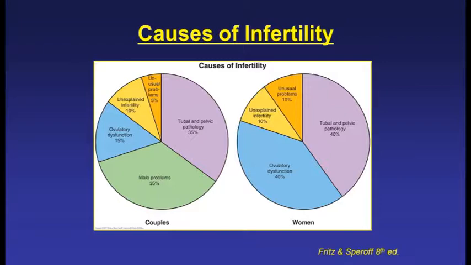So I generally tell my patients about 40% of the time it's female factor, and we'll talk about all the different causes. About 40% of the time it's male factor, and the remaining 20% is divided half and half into unexplained, meaning I could run every single test under the sun and never find anything, and combined, meaning that usually I'm not going to find a cause until we do something as invasive as an in vitro fertilization cycle,